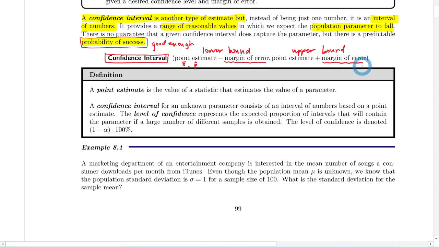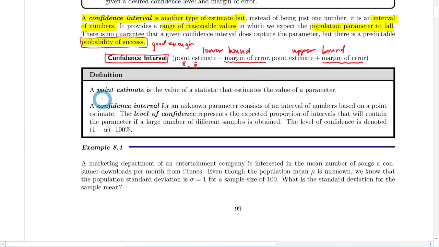If we talk about standard deviation like we have in the past, we always said the average is blah, give or take that standard deviation. This is similar, except now we're not talking about mean and standard deviation. We're talking about a population mean that lies within this margin of error. Not really a standard deviation, but an error. It can be somewhere in here, just because that probability of success is high enough.